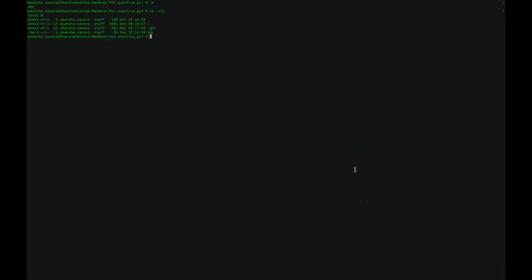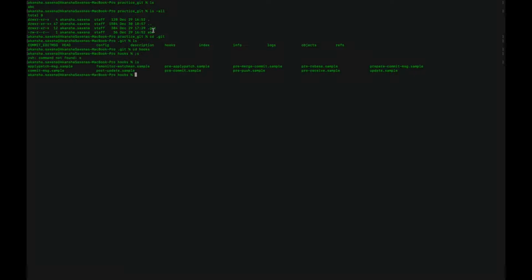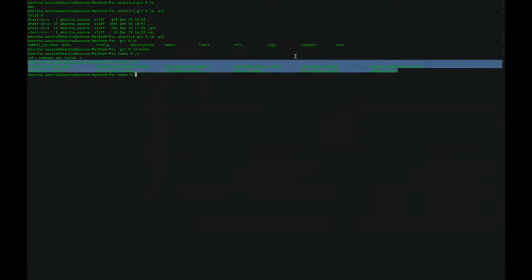I'm seeing this .git directory. Go to that .git directory, and then inside it you would see a hooks directory. Go to that hooks directory. Here you will see a lot of sample hook files provided by git.